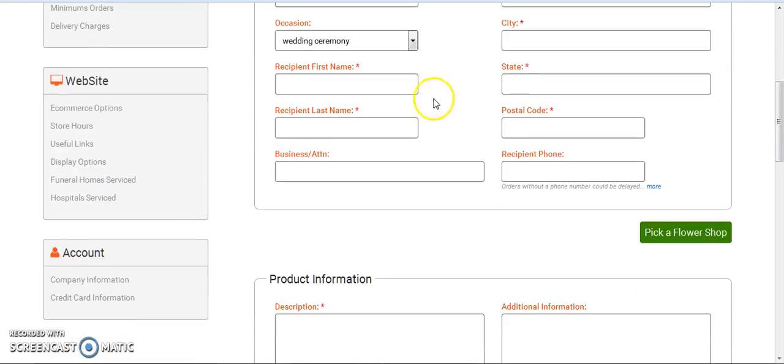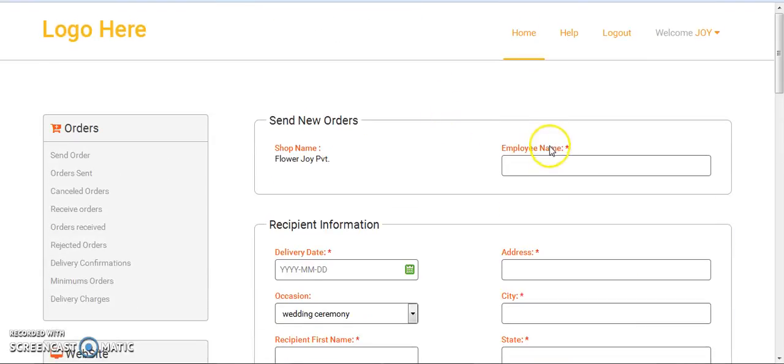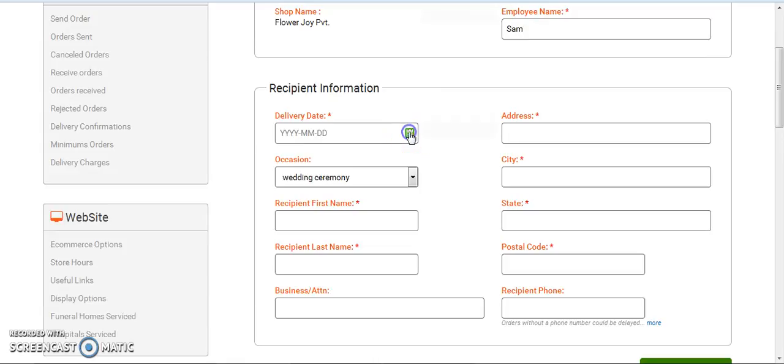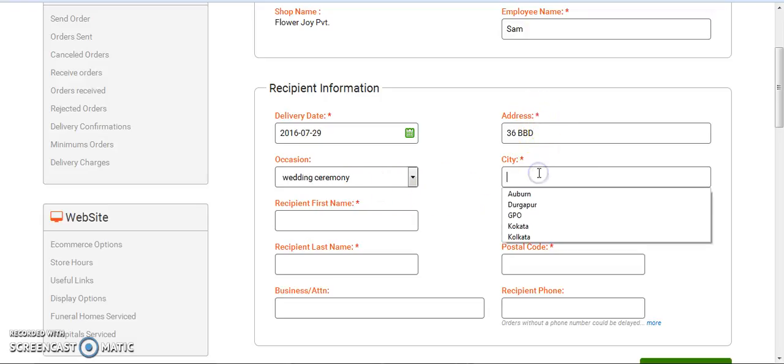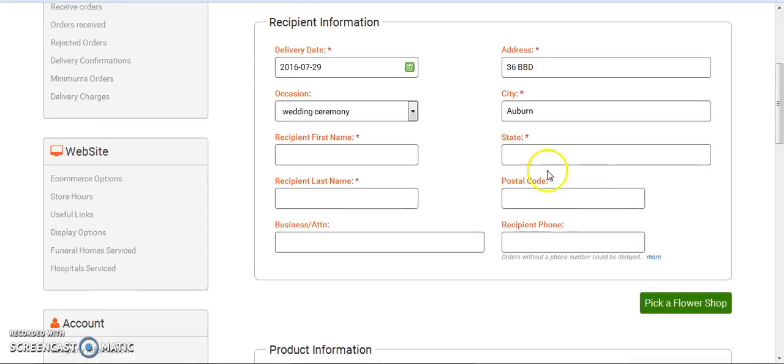As you can see, there are a lot of fields that have to be filled up. The first field that is mandatory is the employee name. So let's write Sam, and the other ones are like delivery date. The address is always important, and these are mandatory fields, the ones that are marked with red. The city name, state,